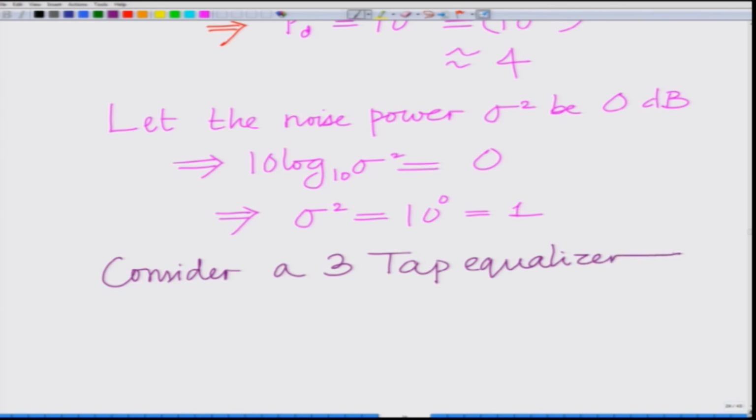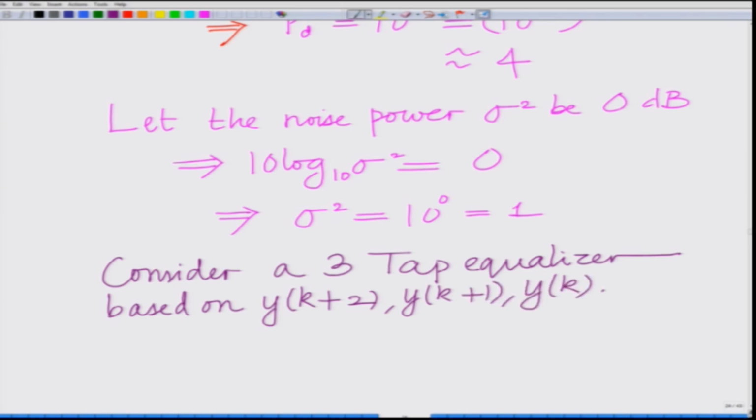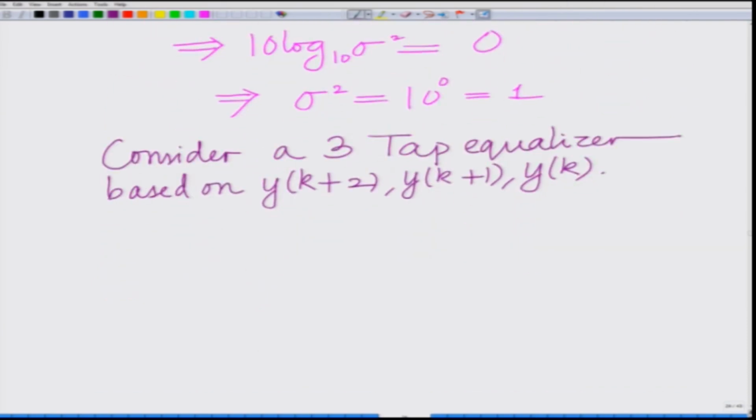Consider a 3 tap equalizer based on yk+2, yk+1, yk, which is equal to, therefore now writing the equations, we have yk+2 equals h0 into xk+2, that is xk+2